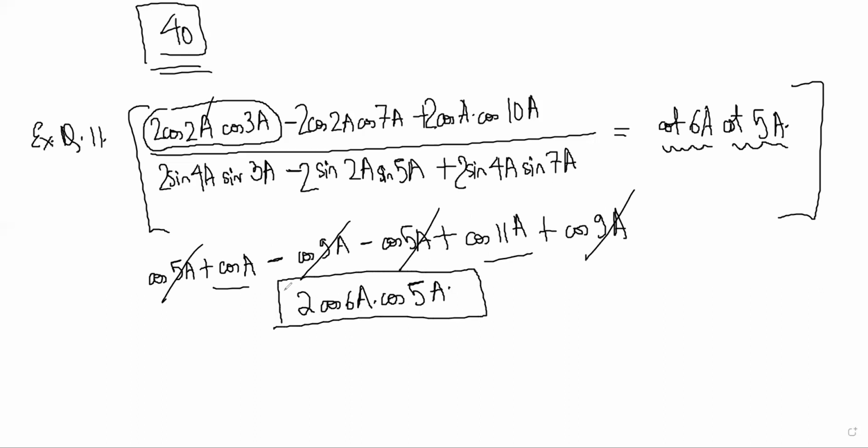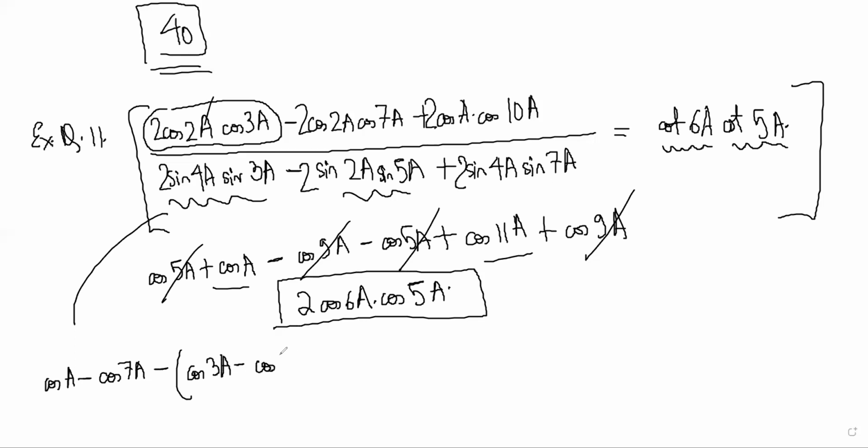So the numerator has just simply become this much after simplifying, right? Yes. Denominator, how do you get 2 sin A sin B? From where do you get that? Which formulas can you use for that? 2 sin A sin B. So that's cos A minus B minus cos A plus B, right? So this one will become cos A minus cos 7A, right? Minus, this is cos 3A minus cos 7A plus cos 3A minus cos 11A, right?